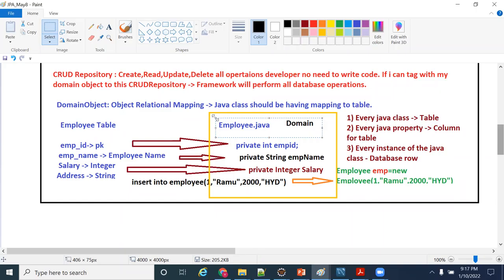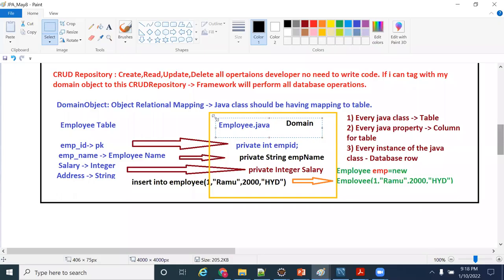A database table will have a pointer to a Java class, a POJO class. If you do any changes in the Java class, that pointer will cascade those changes to the database. So you are not directly interacting with the database at all. You are interacting with the Java class, and the ORM framework will take those changes and transfer them to the database.